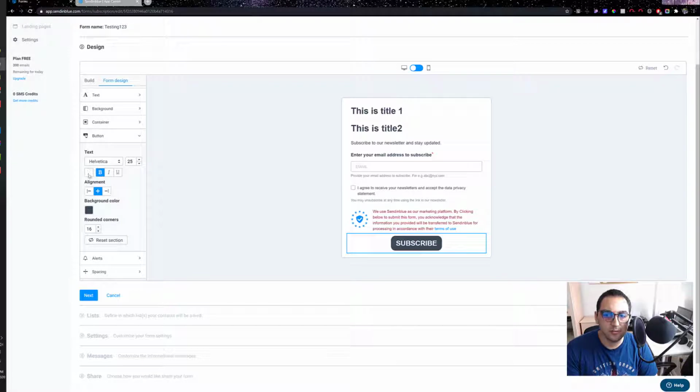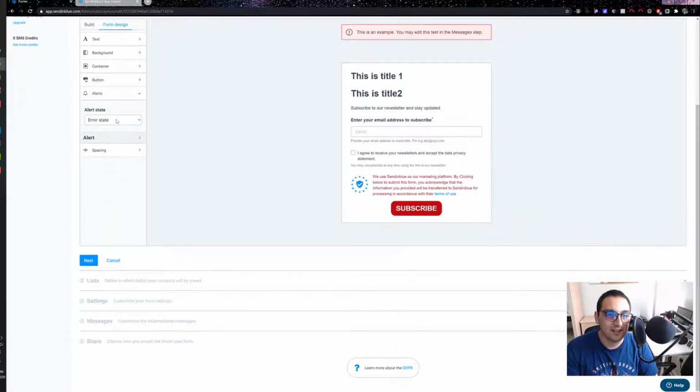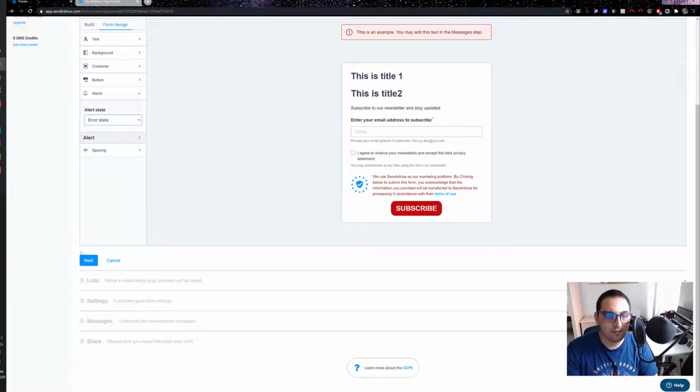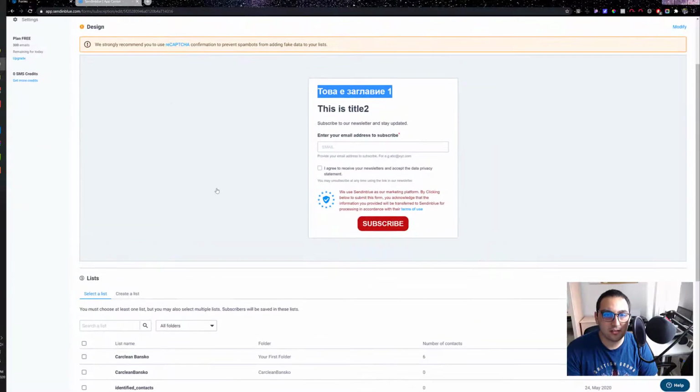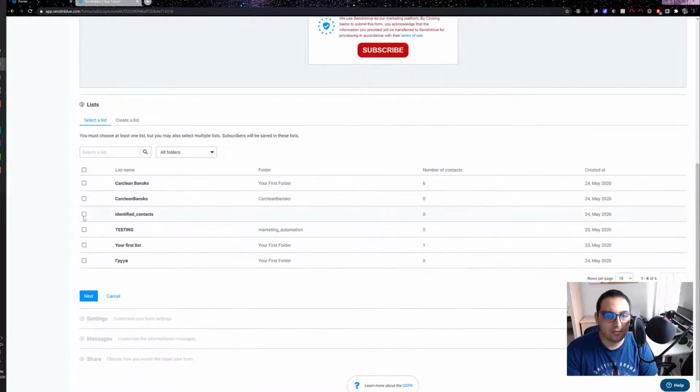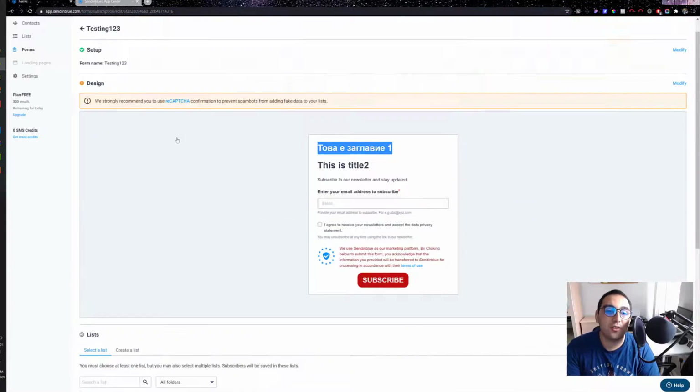Let it be in the middle, and I just want it to be red. I just like red buttons, they look cool, right? You can also select alert, success rate, error rate. This is an example. You may edit the text in the messages tab. Okay, so next, we strongly recommend that you use CAPTCHA. Okay, we can use CAPTCHA. First, on